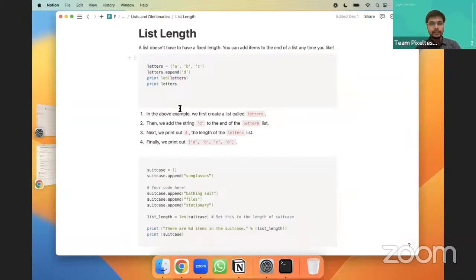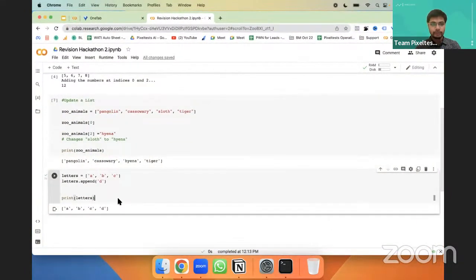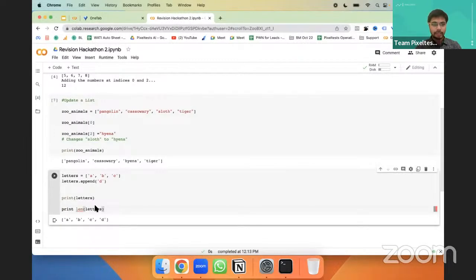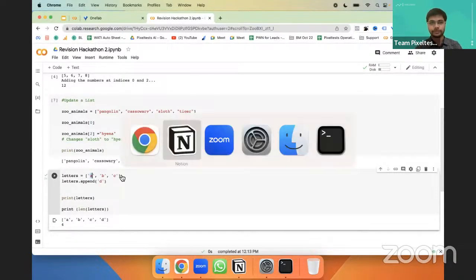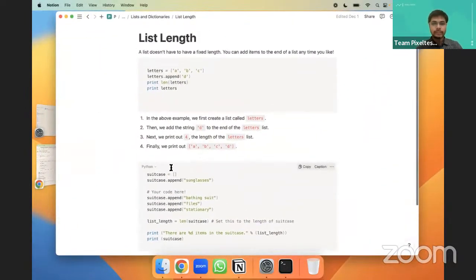Now, similarly, a small function, another one is length of letters. Now, what we are doing is when you write len of letters, it is going to also give the length of that particular list, right? So we have 4 elements, it is going to say 4, right? Only thing to remember is the index, the first index is 0, not 1. Okay, so similarly,